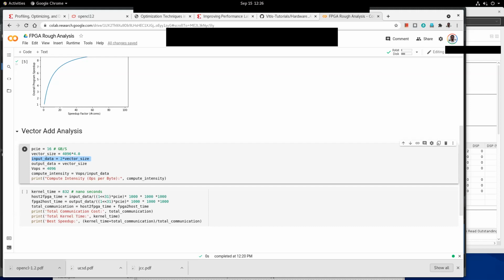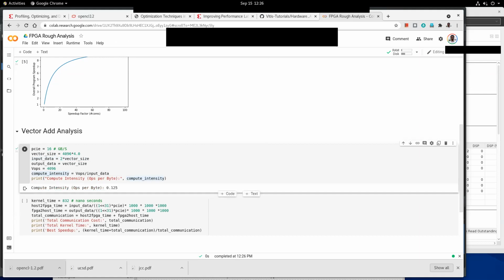If you compute the compute intensity, that is the number of operations per byte, you can easily see it is 0.125. The reason is that we are doing one addition per 8 bytes, because there are 2 elements we are adding and the size of each element is 4 bytes. So there are overall 8 bytes, and the compute intensity is 0.125.